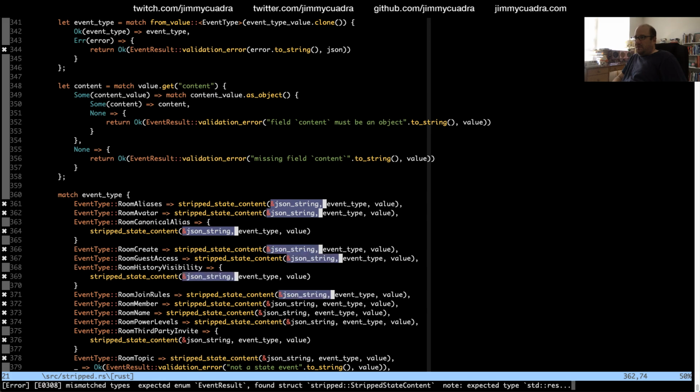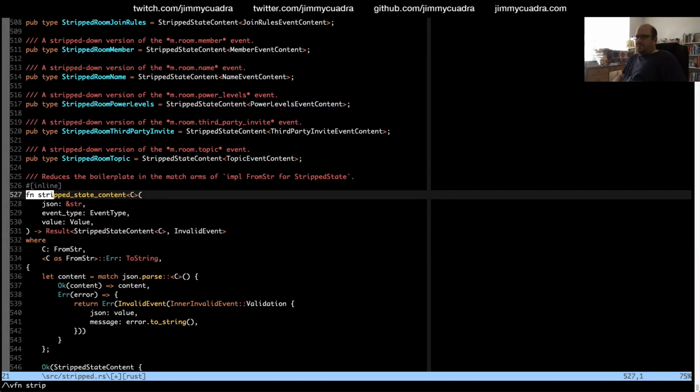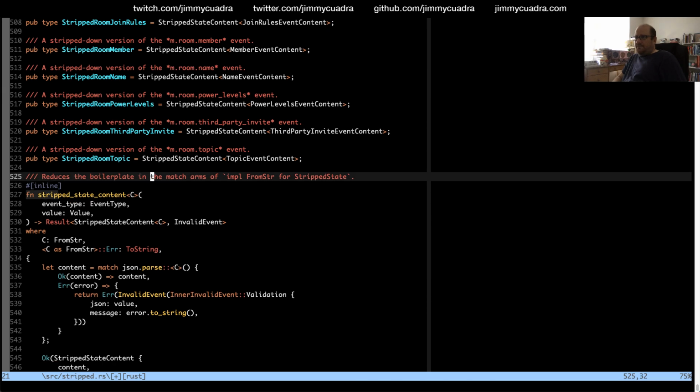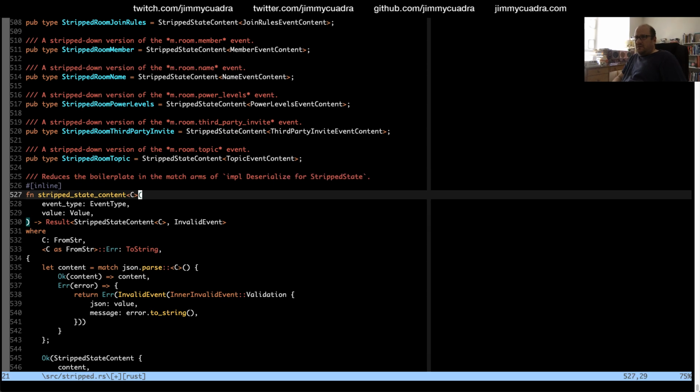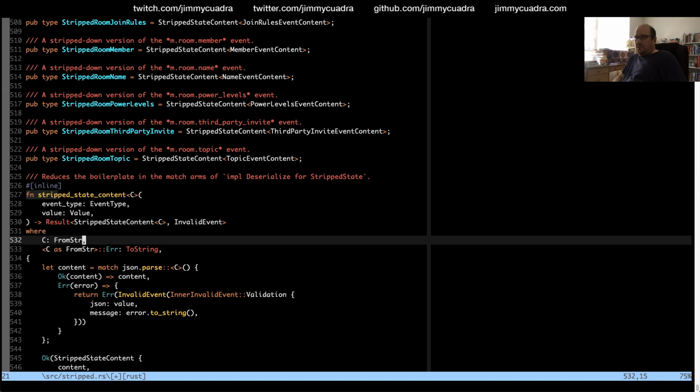Let's get rid of these. Stripped state content reduces the boilerplate and match arms of impl from string for stripped state. Yeah. So we've got an event type and a value, and we're going to return that.